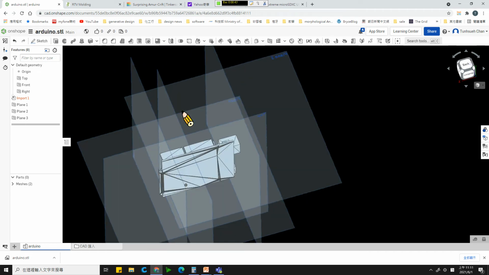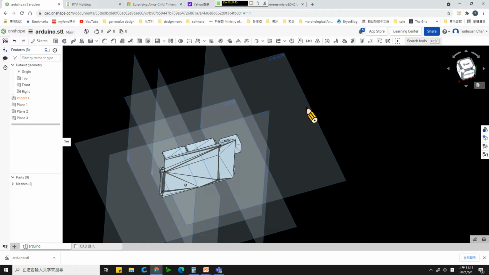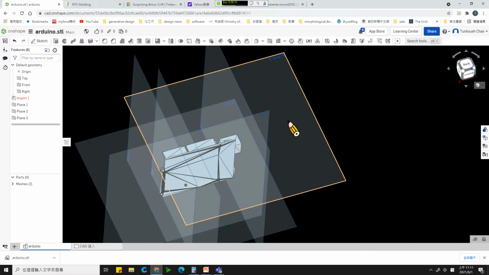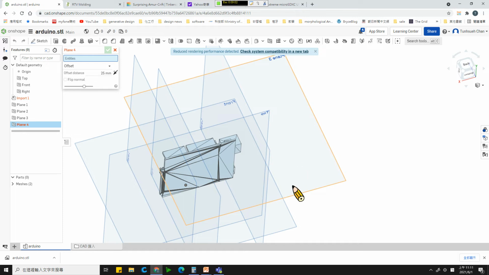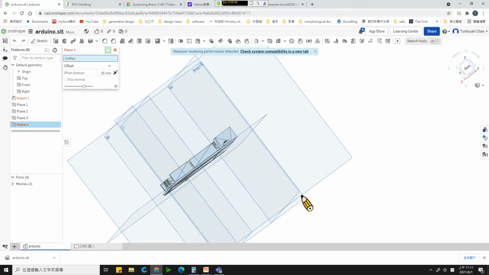Plane 3. Okay, and then plane 4 finally. With this 4 boundary, it will help me to identify the edge. Okay, quickly. Okay, so plane 4. Okay, over here,